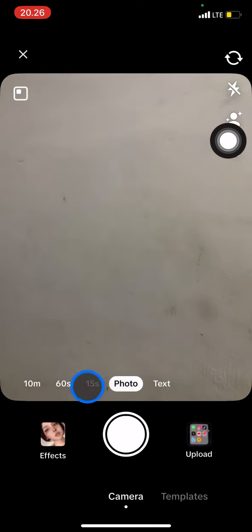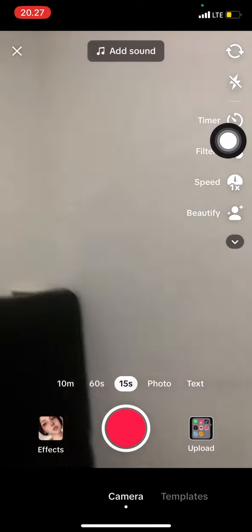After that you can see there will be a lot of options here. This one is for photo content, this one is text, and the left side is for video. There will be several lengths: 15 seconds, 60 seconds, and 10 minutes. So let's make a 15 seconds video, and to do cut to cut, you just need to